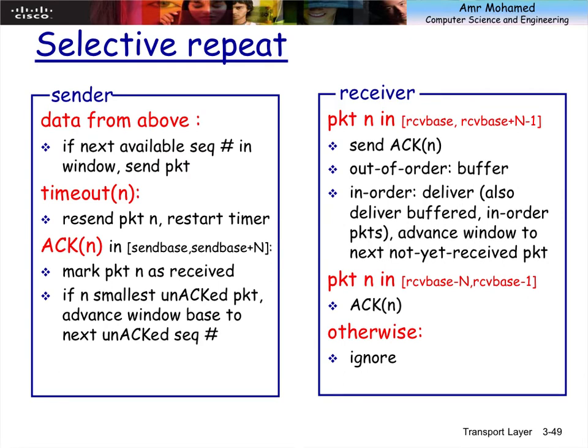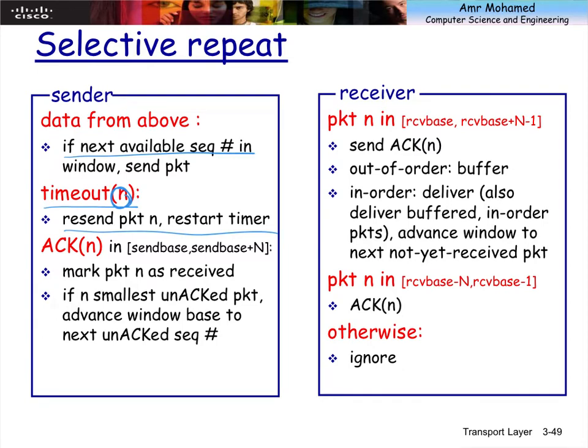So if the next available sequence number is in the window, then send that. This is the logic يعني, that we talked about. Here, the timeout, as we can see here in the timeout, I have to have an index of the timeout. So I can have up to n, capital N, timers fired at the same time. So when any timer expires, it has to tell me what is the number of that timer. Okay? Because that's what I use to send only this packet. Only this packet. ماشي؟